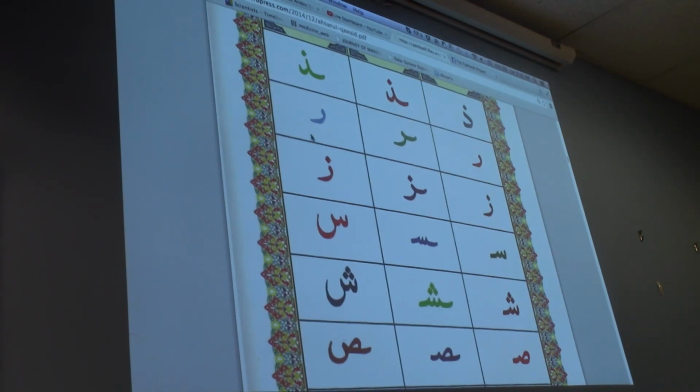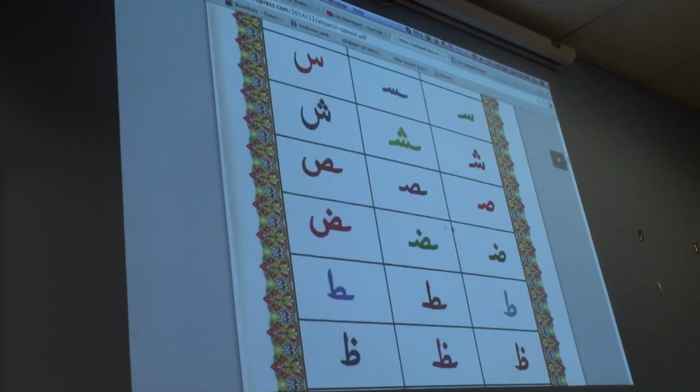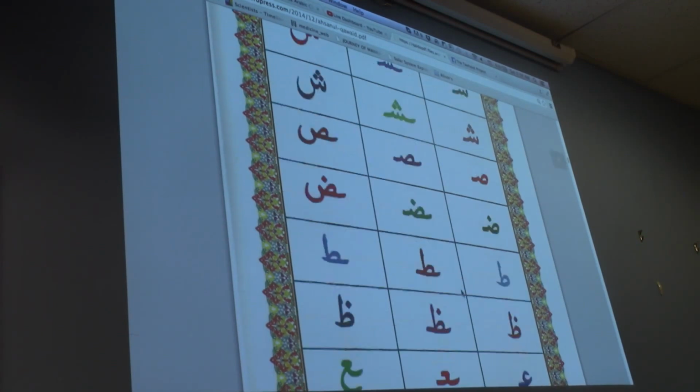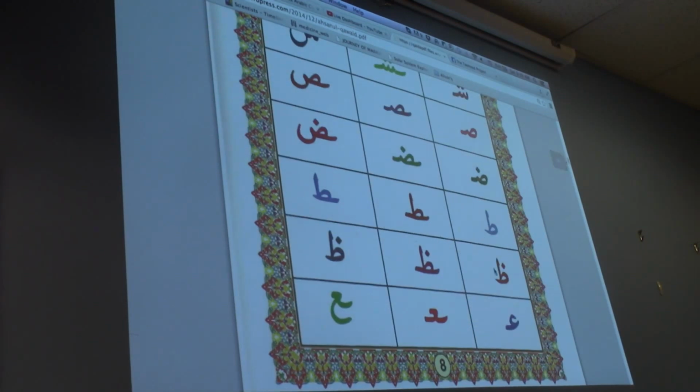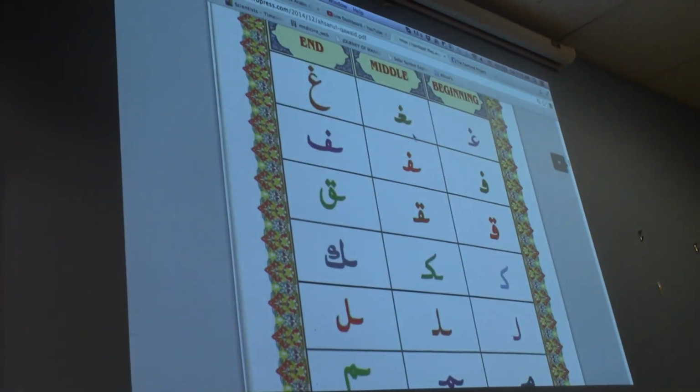Ra, Za, Sin, Sheen, Sad, Dad, Ta, Za, Ain in the middle, Ain at the end. And last page we have Ghain, Fa, Qaf,